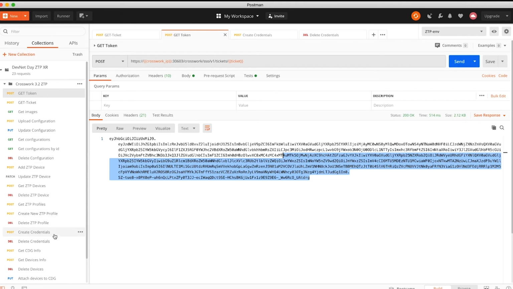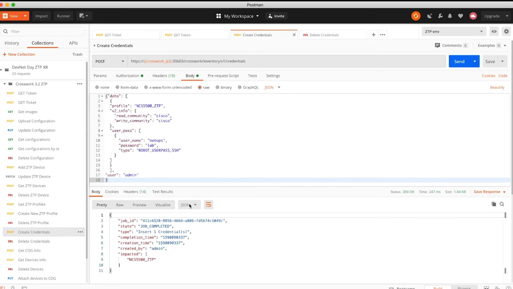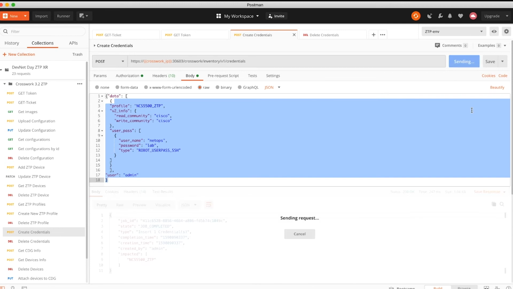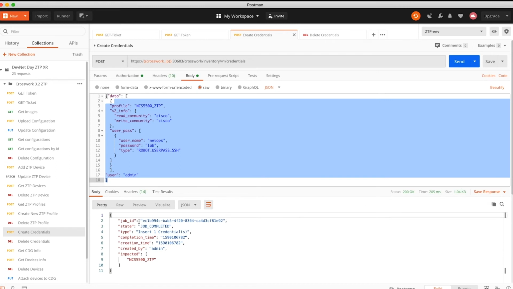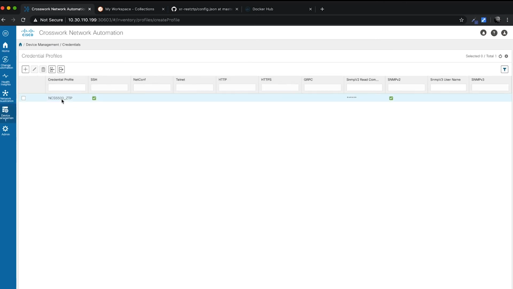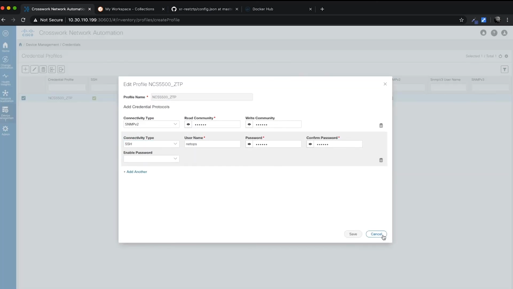And what we can do is try a quick check. Like, for example, here is the data regarding the credentials for the device that we want to eventually onboard. So we can set this up beforehand by using the create credentials API shown here. As you can see, I just sent a new API call and the job was completed. If I hop over to the Cisco Crosswork UI, we can take a look at the credentials page and you will see that a new credential entry has now been created. This was because of the API call that we just made.